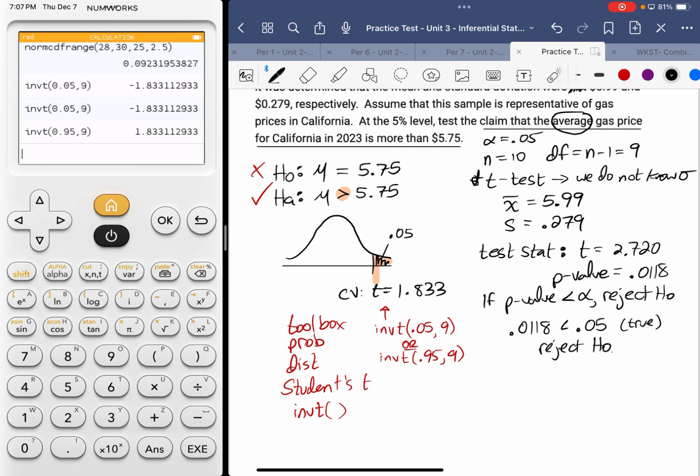All right, so what a lot of people do is they just put the alpha value in, and if it's on the left, they give it a negative. If it's on the right, they give it a positive. All right, that's an easy enough way of handling it. Right, so then the only thing that remains is to write the conclusion statement. There is sufficient evidence to reject the claim